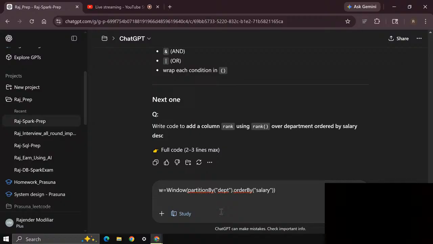For that, rank df equals df dot with column, new column name rank, comma, the operation should be on the window, over w.